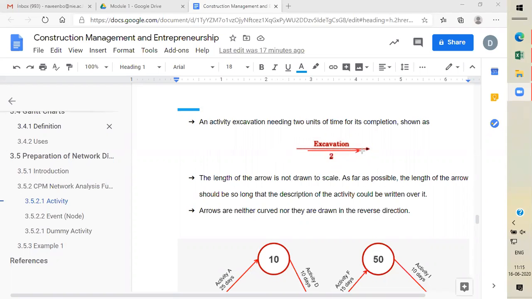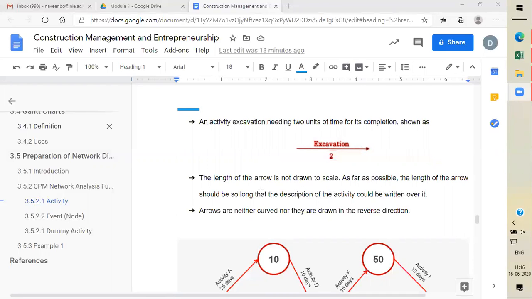This is the minimum we can expect. If you make it too long, it will also not look good, and the network diagram will consume more space. So you choose based on the length of the description, the length of the words. You decide the length of the arrow.